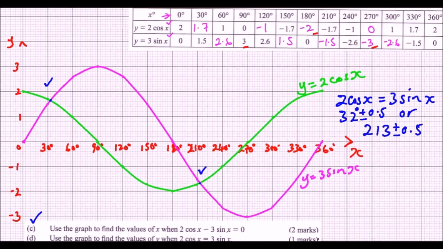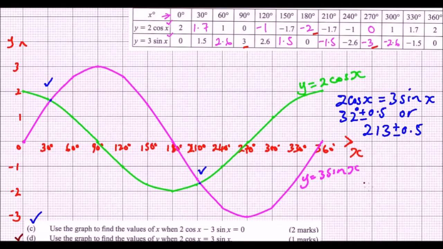So the last part of the question is part D. In this part D, we are told to use a graph to find the values of y when 2 cos x is equal to 3 sin x. In the previous part C, we read the values of x when 2 cos x is equal to 3 sin x. So we now read the values of y. So we start this one. When you check here, it is to be